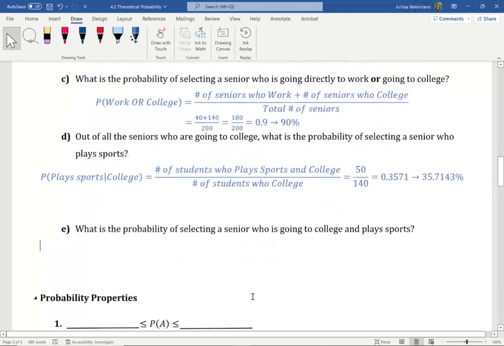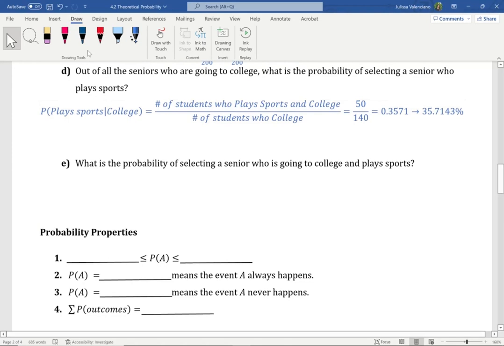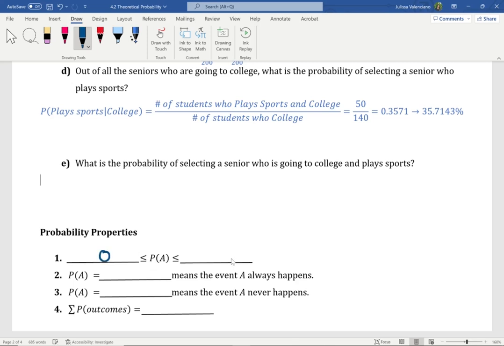Now, let me mention some of the properties of probability. The first one being that the probability of an event, the probability of A, has to be between 0 and 1. It can be equal to 0 and it can be equal to 1. Okay? So it can be 0, it can be 1, or anything between 0 and 1. If P of A is equal to 0, that means that the probability of A is 0%. Now, if P of A is equal to 1, then that means that the probability of A is 100%. Okay? So here we're saying the probability cannot be less than 0%, the probability cannot be more than 100%.